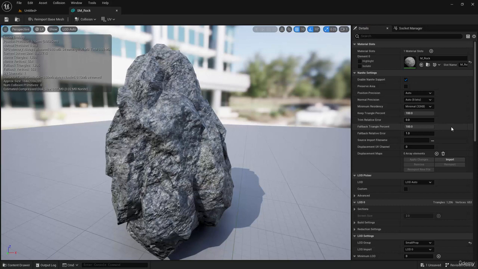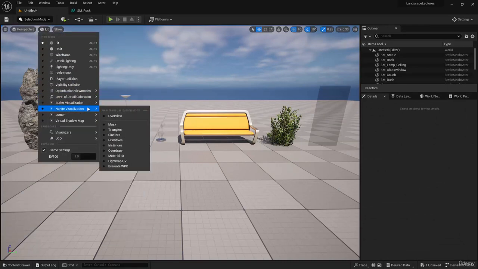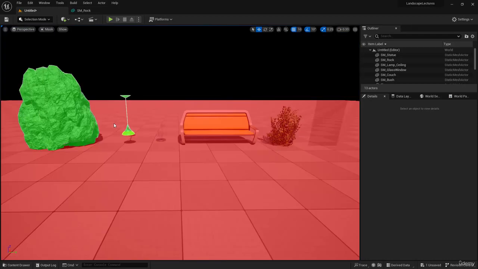Alright, so the final thing I'm going to cover in this lecture are the various view modes that are available when working with Nanite. So I'm going to go back to the level editor, and then go up to the View Modes menu, and then go down to Nanite Visualization. The first of these modes is Mask. This mode will color all the Nanite meshes in the level green, and all the non-Nanite meshes red. So you can see my lamp and rock are green because I enabled Nanite on them, and the rest of